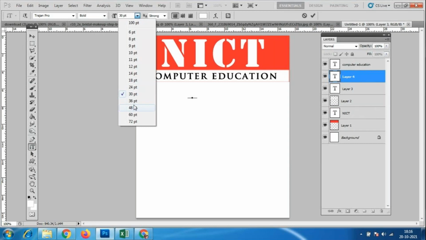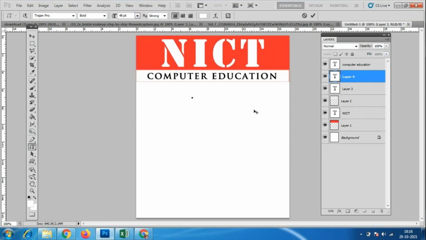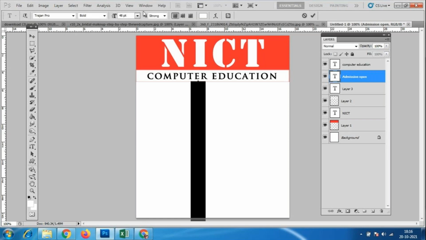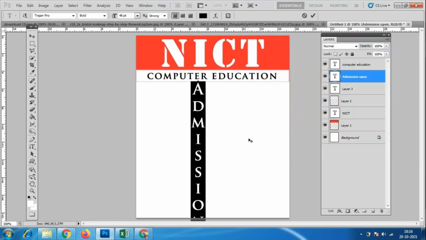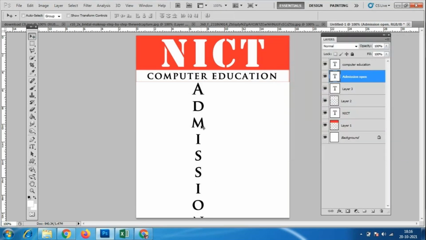I'll make it 48 like this. I'll just type admission open. Why is it not showing here? Because the text color is white, that's why it is not showing. So we have to check the text color, how it is coming. Okay, I have given admission open here.